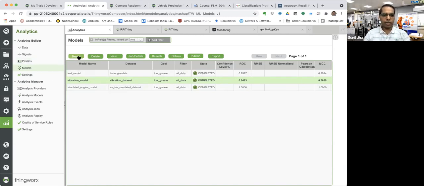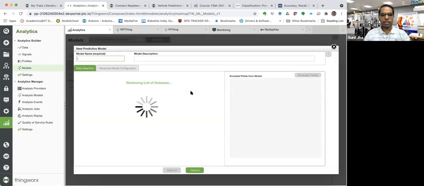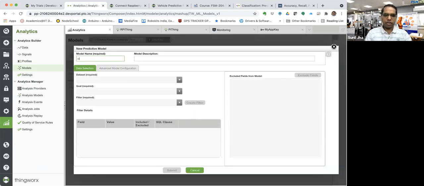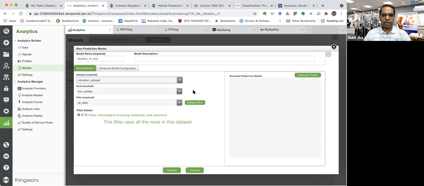So I can create a new model now. If you can see here, new model, I will create here vibration sensor 1 only, like this. Once your data is inside the platform, you can do as many models as you want over here. I will just pick up the vibration data set this time, and you will get an option over here to exclude fields.